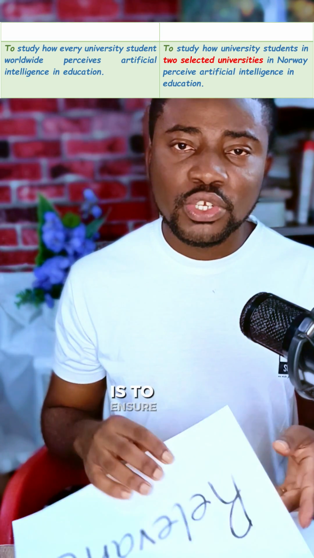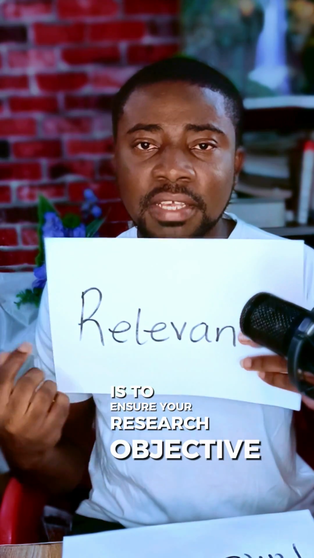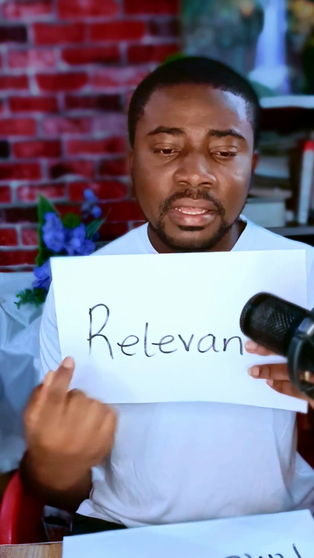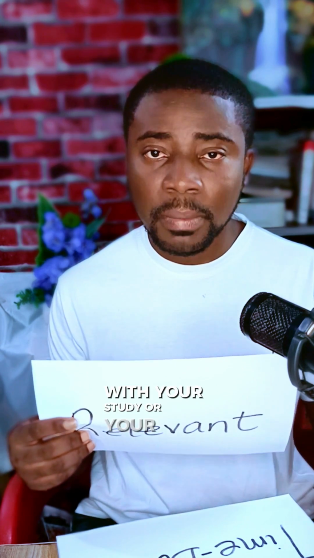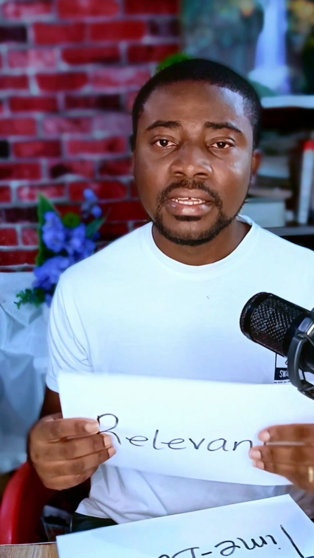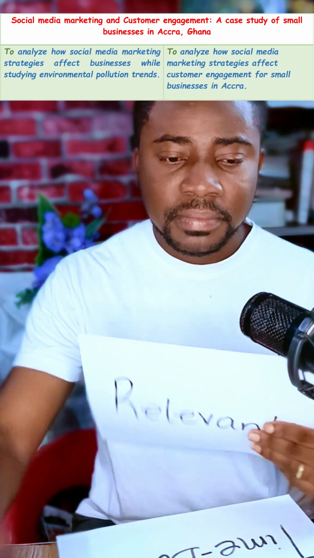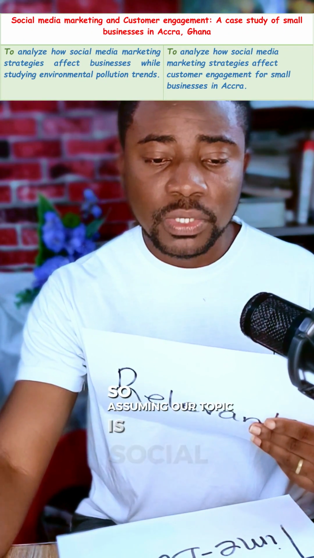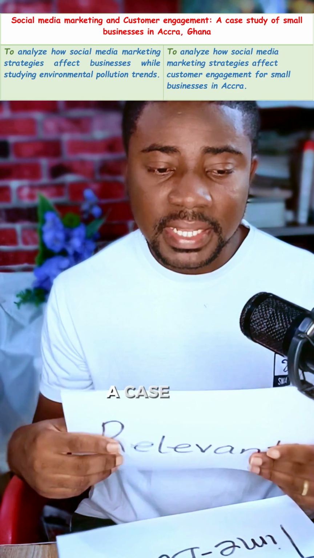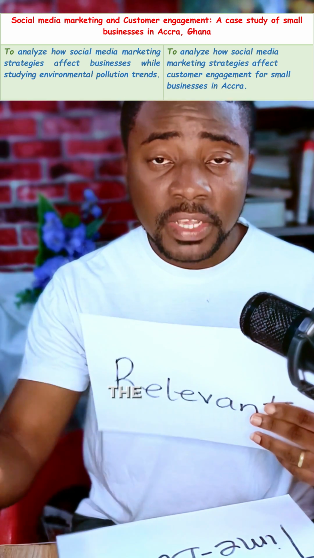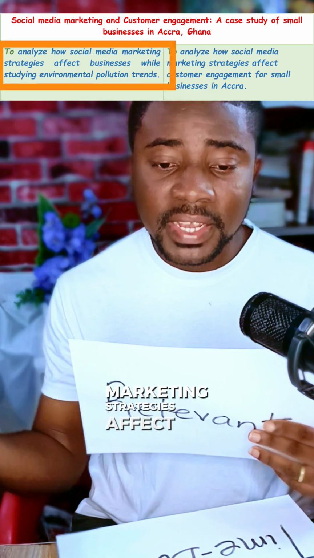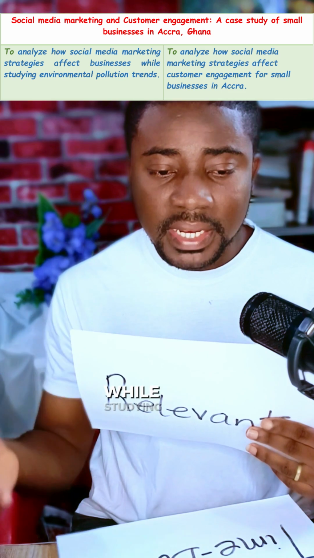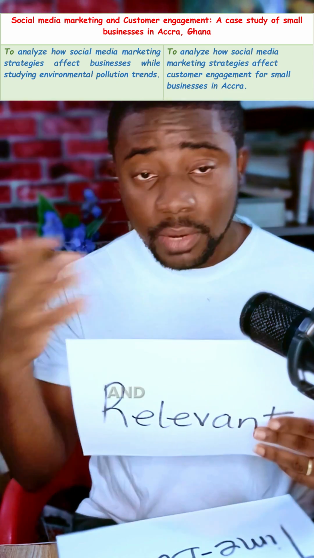So the next step is to ensure your research objective is relevant. What does it mean to set relevant research objectives? It means that your research objective should align with your study or your problem statement and the gaps identified. Let's look at this example. So assuming our topic is social media marketing and customer engagement, a case study of small businesses in Accra, Ghana, the first objective that the researcher set was to analyze how social media marketing strategies affect businesses while studying environmental pollution trends. And with the second example, the